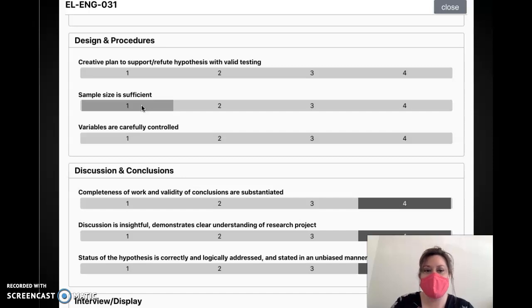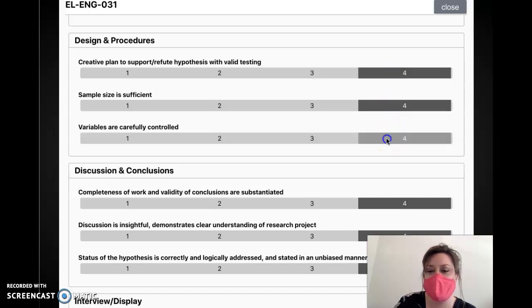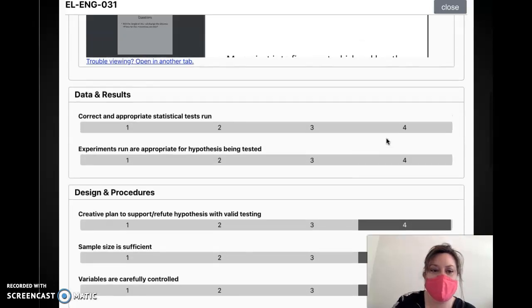So just keep that in mind, especially with senior division students, they need large sample sizes. That would be appropriate. For elementary division as well, they're the ones that oftentimes don't have sample sizes that are sufficient. They'll run the test 3 times and call it good. So just make sure that depending on the type of test they're running, that sample size actually is sufficient. If we're looking at humans, if we're looking at plants, we should have large sample sizes. If they're shooting basketball 10 times and finding the mean of something, just determine if that would be valid or not. And then again, looking at the statistical tests that run and was the experiment appropriate.